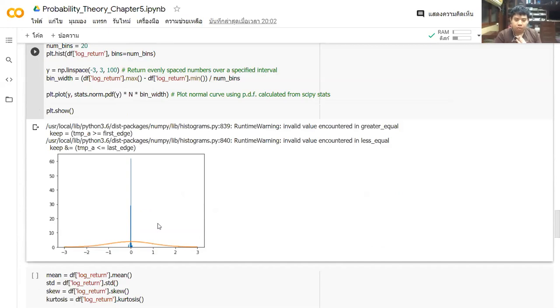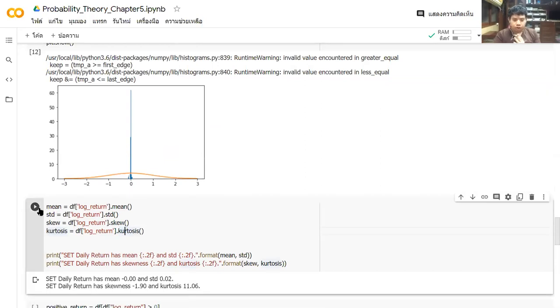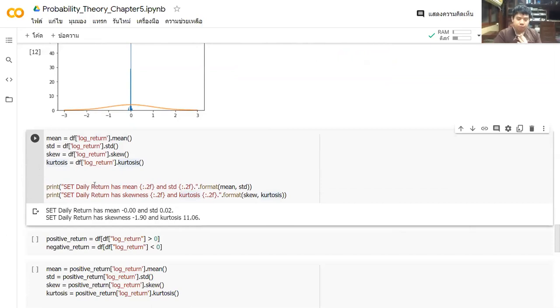If you plot with the curve, oh my god, it's the same picture that we have found before. And if we look at this one, the mean is 0, so you have 0.021, 11.06, roughly the same number. So the one thing to notice here is that even though the curve